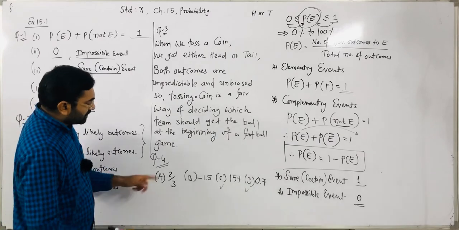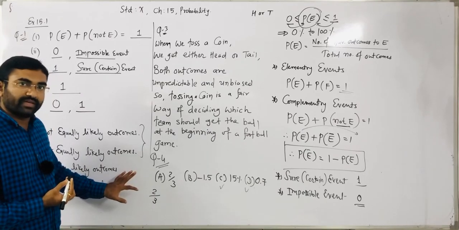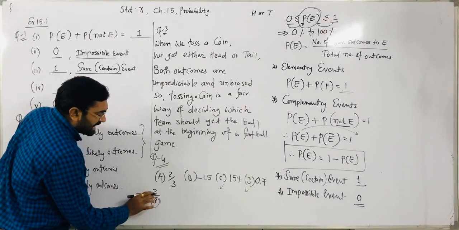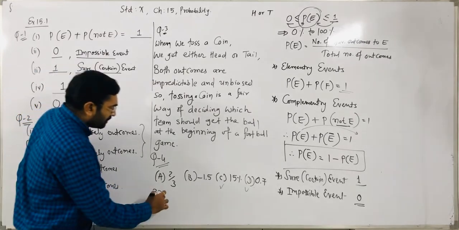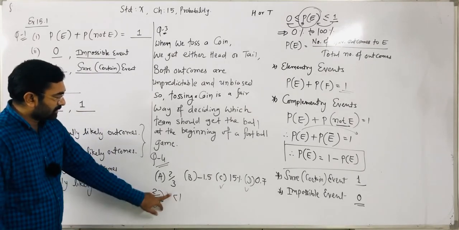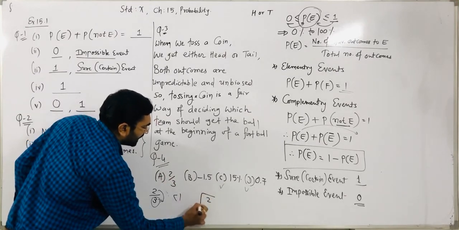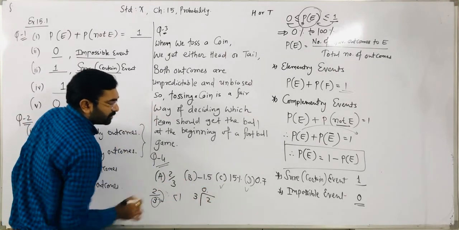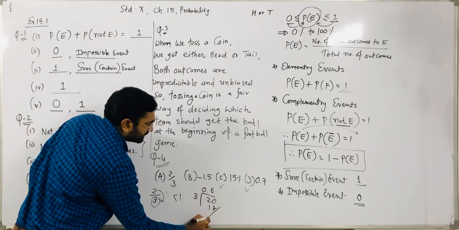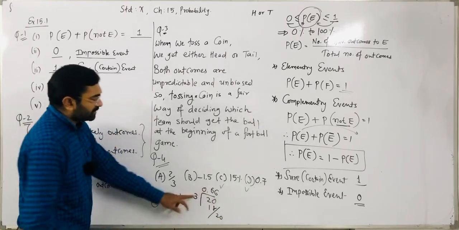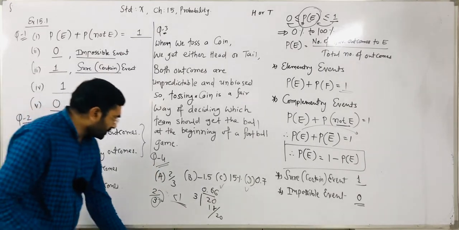Now this one, that thing you have to remember: whenever a numerator upon denominator number is given in a probability of an event, and the denominator is larger compared to the numerator, then its value is always less than 1. How can you say? Suppose we have to divide 2 by 3. It is not divisible, so we put 0 here and a 0 point. Now 3 6 are 18, again 20, again 6. So that value is what? 0.66. 0.66 is a value less than 1, right? So remember that thing.